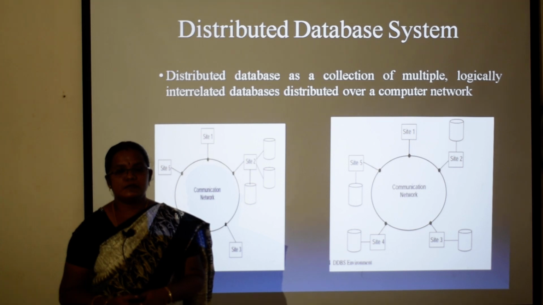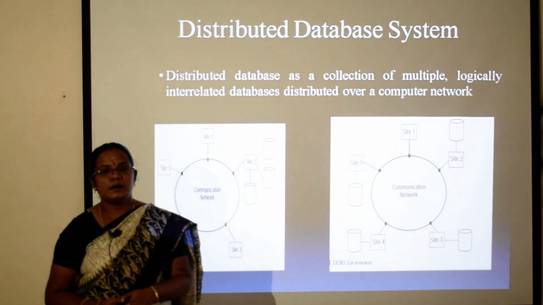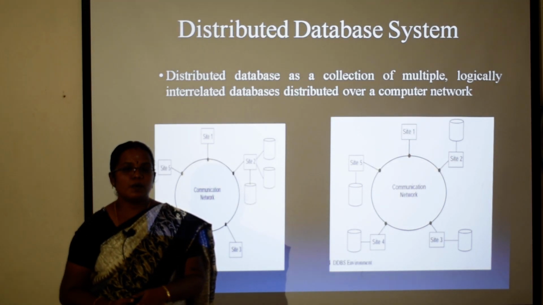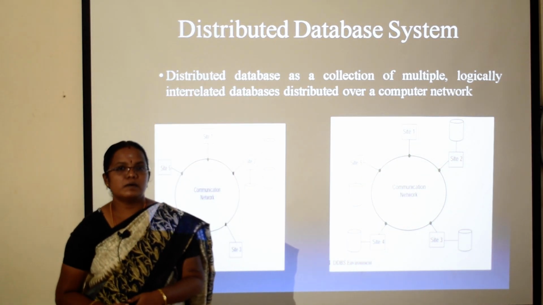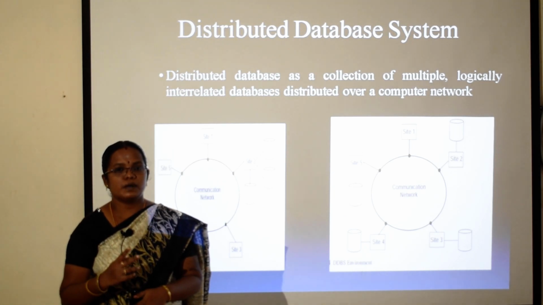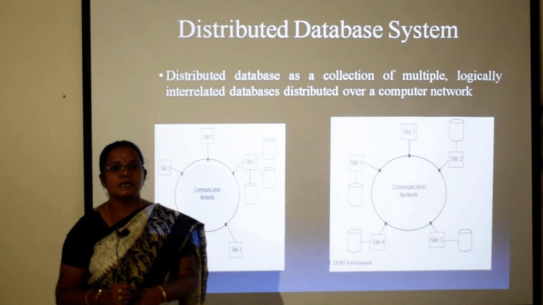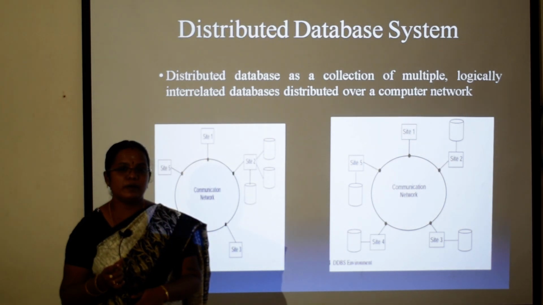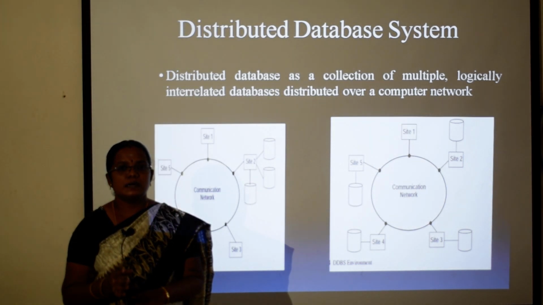If you see the definition, a distributed database system is a collection of multiple integrated files that is distributed over a computer network. This distributed DBMS is software that provides two things for a user. One is the management of a database and the other is transparency at the user level. A distributed DBMS is the combination of distributed DBMS software as well as the distributed database.